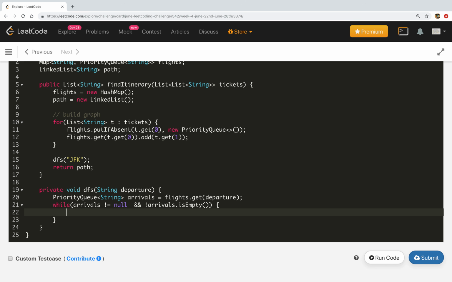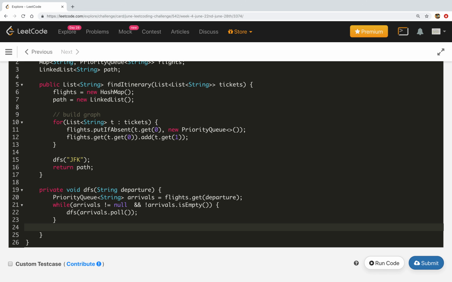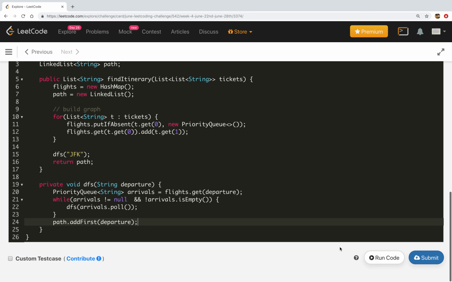Once we get that, we will again call the DFS for arrivals.poll, all the arrival stops, and in the end we will update our path, add first the departure stop. So this is the implementation.